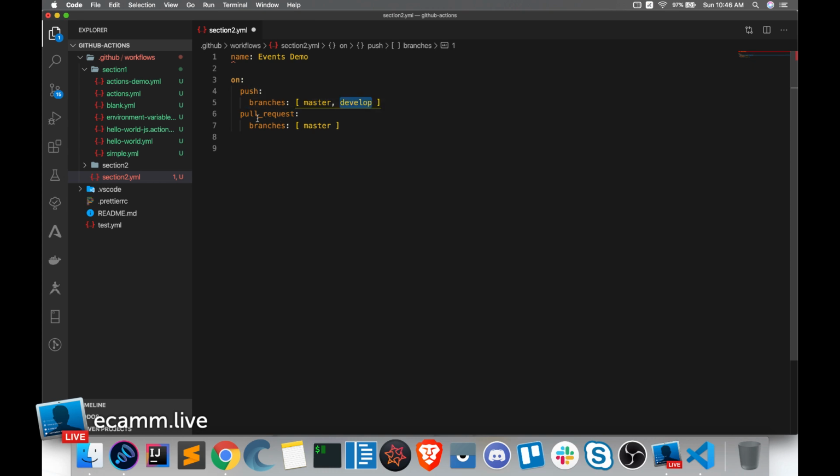Okay, and the same way for the pull request also. A pull request is nothing but, let's say you have a couple of branches, master and develop, and you have some new code in the develop branch. You are trying to merge that new code from the develop branch into the master branch. Then we call it a pull request. So if a pull request is raised, and if the branch is master, then we are saying, okay, trigger this particular event. And apart from